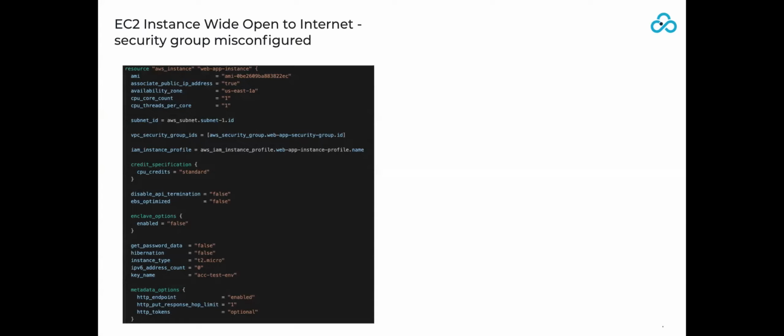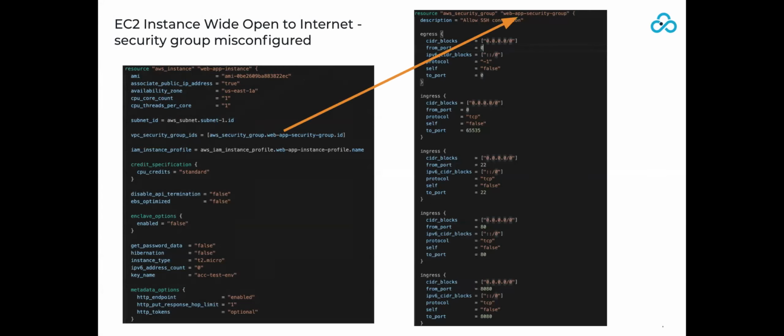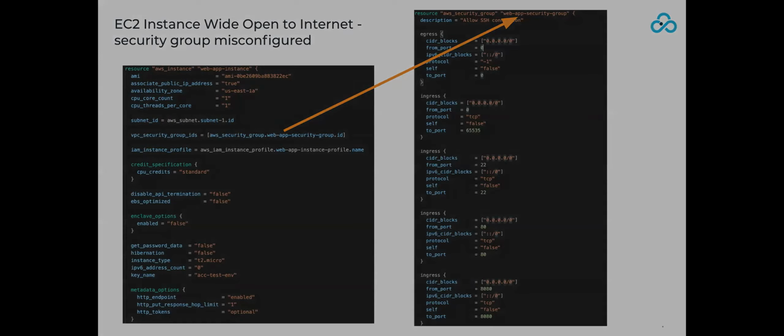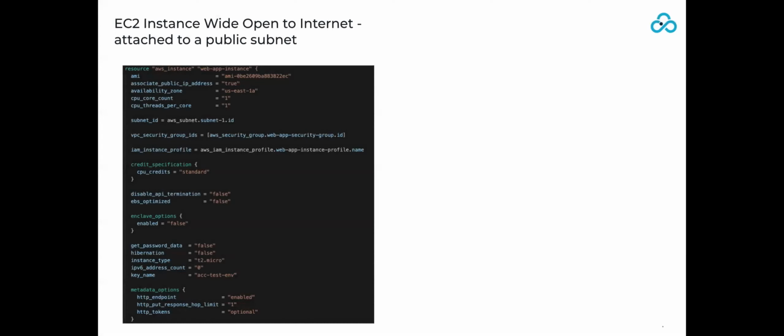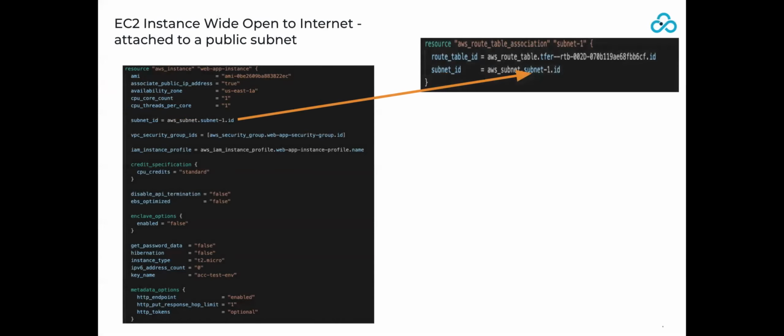You will notice that there's an EC2 instance which has been defined here. This has been left wide open to the internet because the security group is kind of misconfigured, right? That's how the misconfigurations creep in. Next, if your EC2 instance is wide open to the internet and attached to a public subnet, well, either you need this legitimately or you might do an accidental misconfiguration, and that is again something that can open